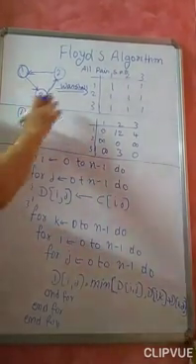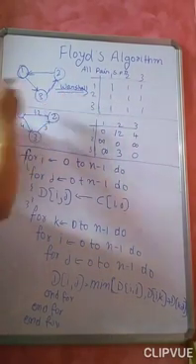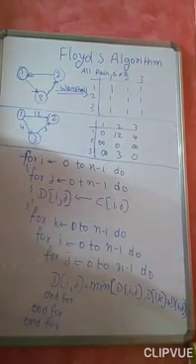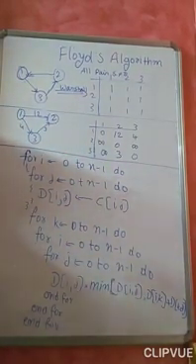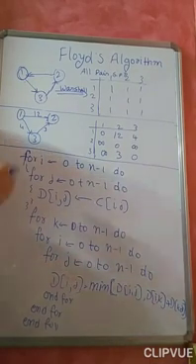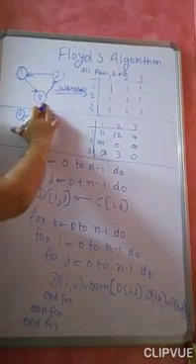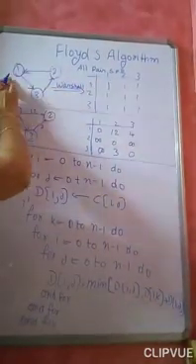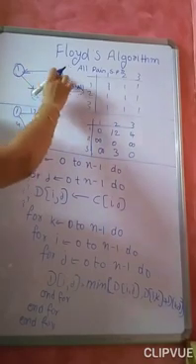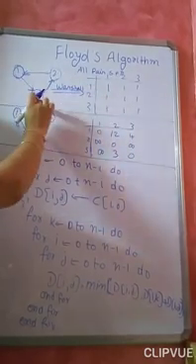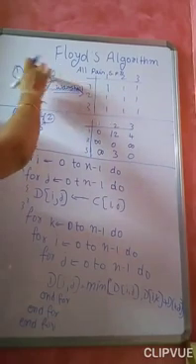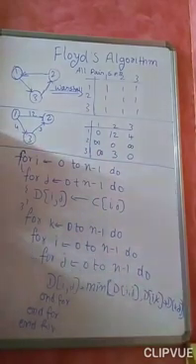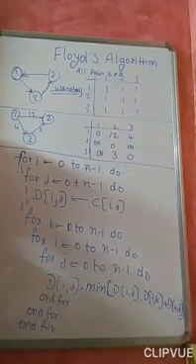In the case of the Warshall algorithm, I already explained in the last session what we are going to get when we use the Warshall algorithm: the path matrix or transitive closure matrix. Suppose this is the graph I am having, then 1 to 1 there is a path like this, so that's why it is 1. 1 to 2 there is a path like this. 1 to 3 there is a path, and 2 to 1 there is a path. 2 to 3 there is a path. 2 to 2 there is also a path. Like that we got the path matrix or the transitive closure matrix.